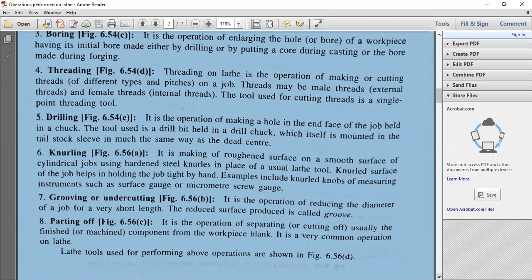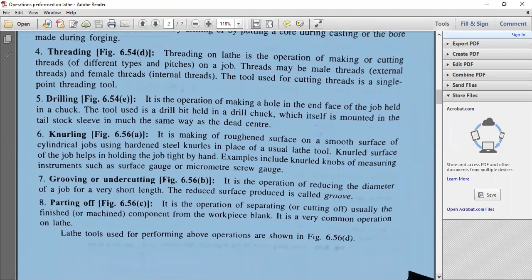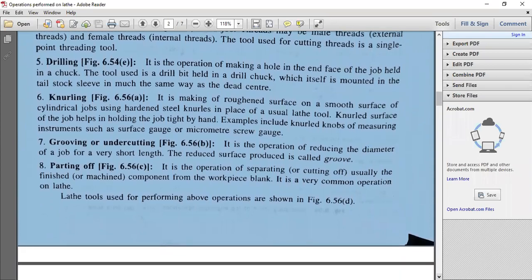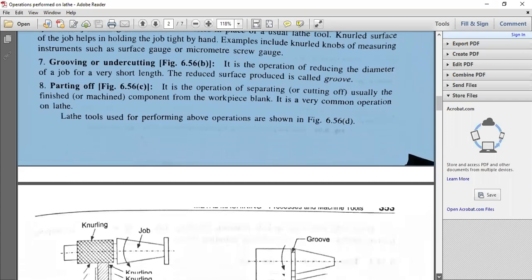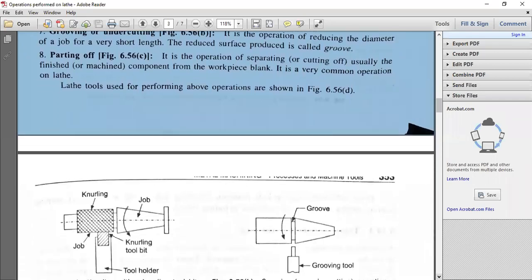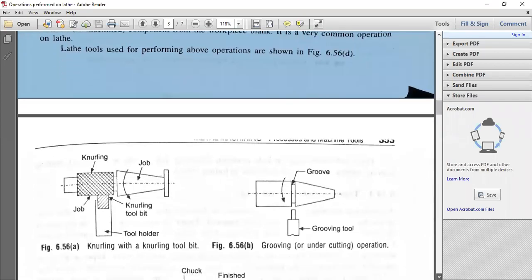It is of a lengthier workpiece of 300 mm or 30 centimeters or 50 centimeters, that is 500 mm. You have to use that parting off operation. Now you can see in the next diagram, next slide. So what are the different operations for which you have diagrams?